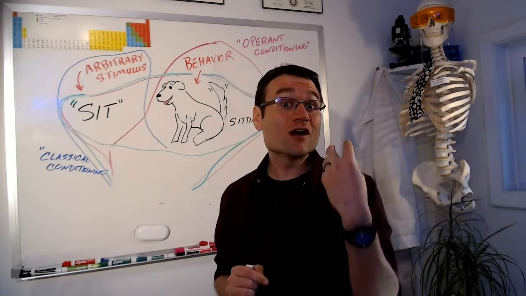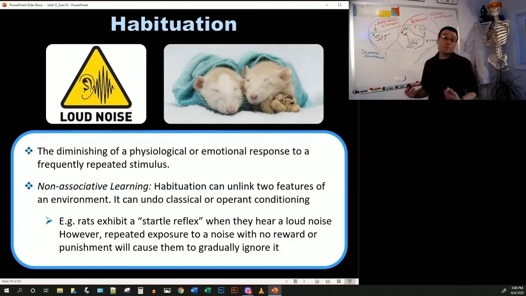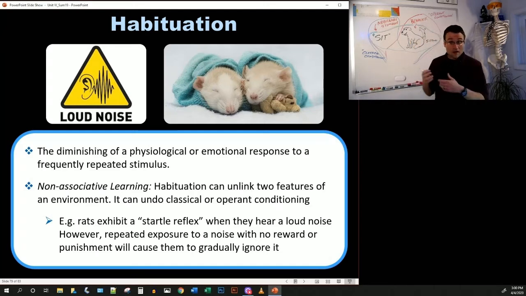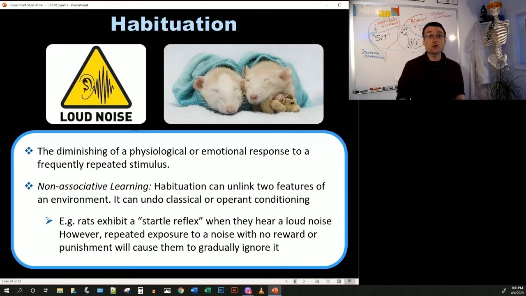That is called habituation. In habituation, some of the associations that an animal has gained through classical conditioning or operant conditioning can be lost over time. Or sometimes, even what might be an innate response could be slowly diminished over time with continuous exposure to certain stimuli. So, for example, rats, like a lot of animals, have a startle reflex. They hear a loud noise, they seize up, and they'll often just freeze right there.